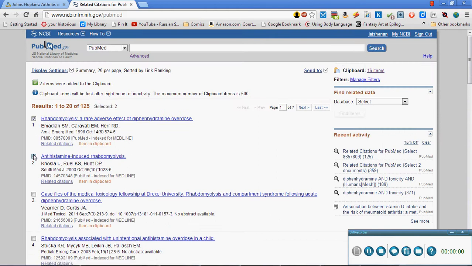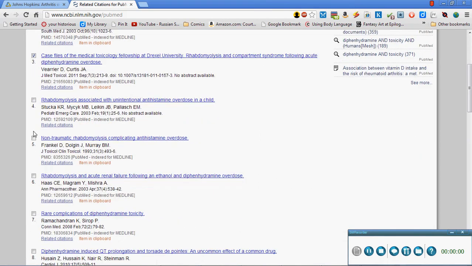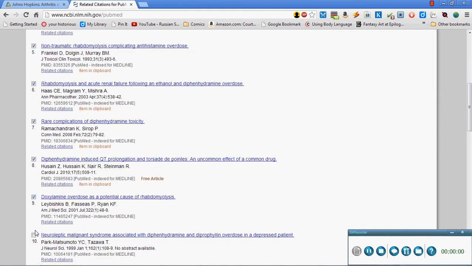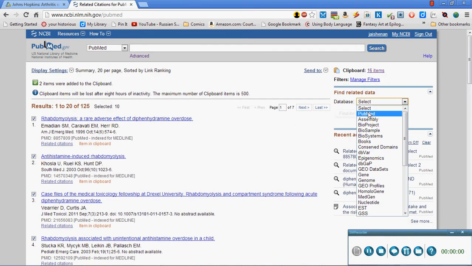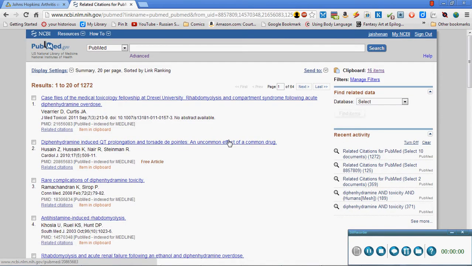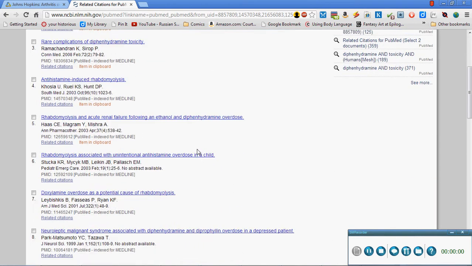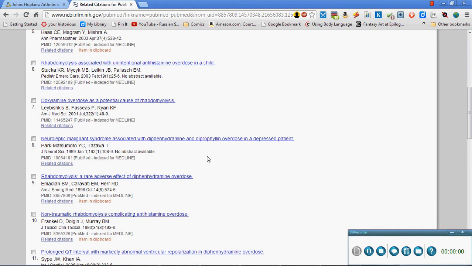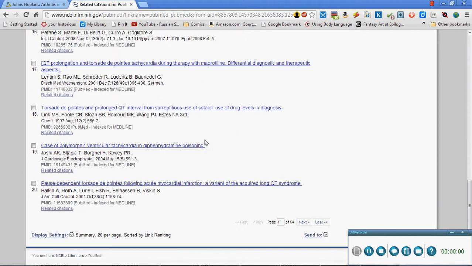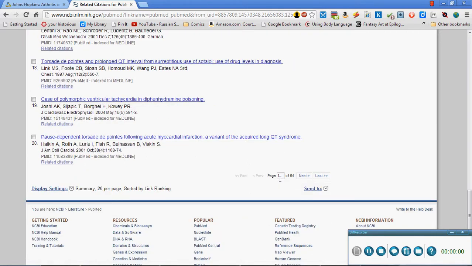As a matter of fact, I'll just go ahead and select a bunch of them here, just the first 10, and then over here I can do the exact same thing, and now I'll find stuff that's related to sort of a nice cross section. It'll try to weight everything, meaning the first results I see should be related to all 10 of those articles if possible, but then it'll start to branch out the farther down you go in the pages. So if I go out to say page 30,